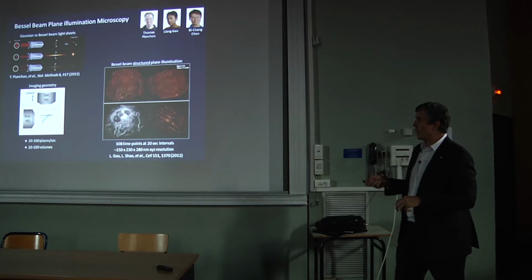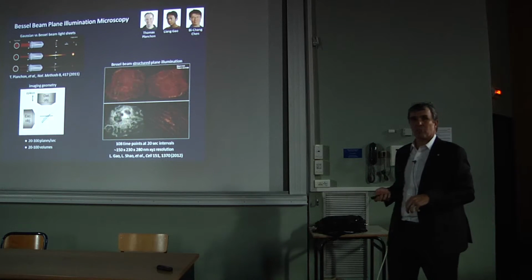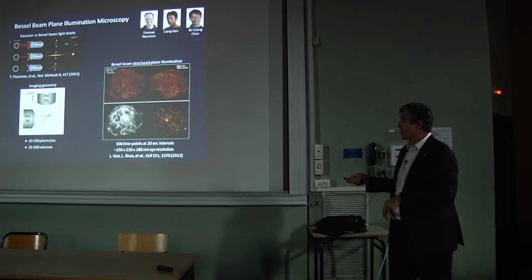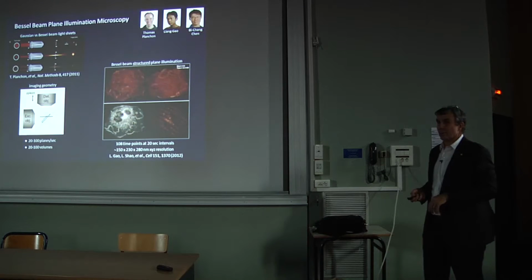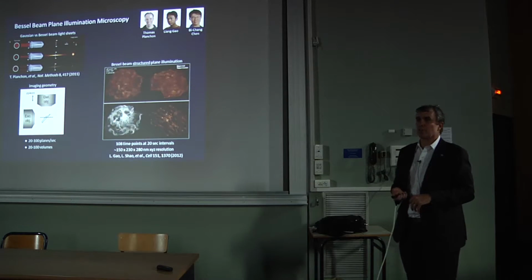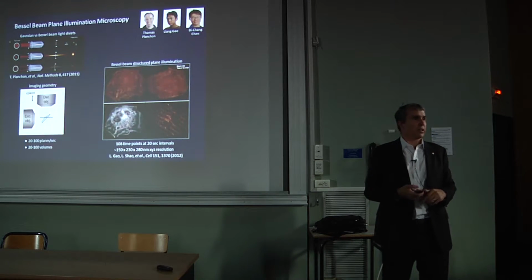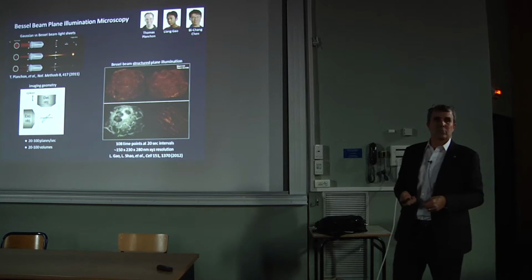And so now it's a pencil of light that you sweep in and out of the screen while you integrate on the camera. Then you step to the next plane and the next, and you generate your image. That sounds like it might be slow, but in our current microscopes, we go up to 1,000 planes a second or several volumes a second.